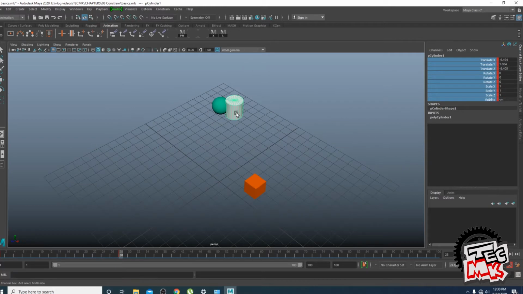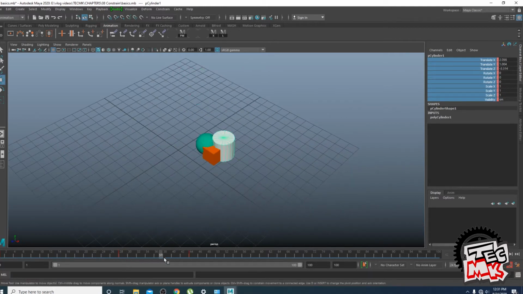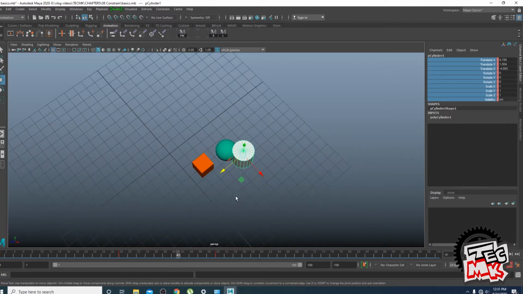Now what I want is from 28 to 34, the cylinder will come in this position, and on the way it will drop this sphere with the cube. Whether it creates a relationship with the cube or not, that's a different thing. We want the cylinder to drop the sphere somewhere around 42 or 43.